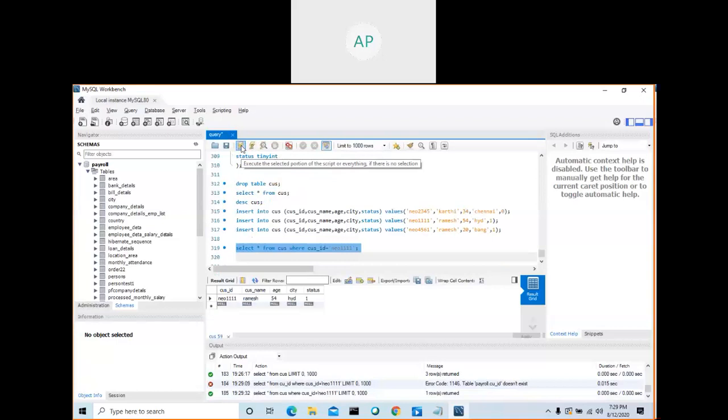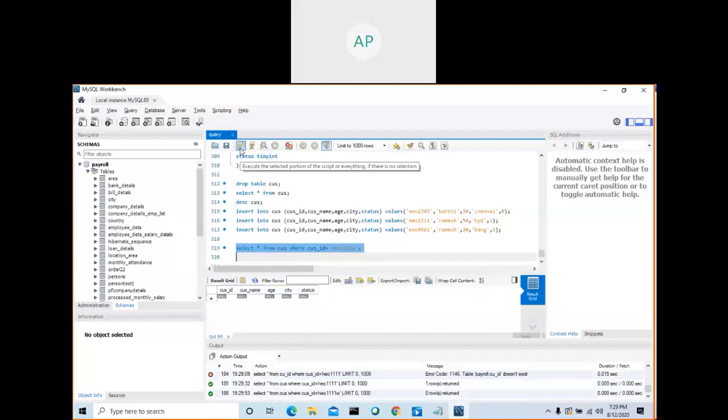Here it will retrieve only one record. At any point of time, according to your table, this column will not have duplicate values. So it is going to give you either one record or zero records. If you enter a wrong customer ID, then it will not display any row. That's it: either 0 or 1 according to your table. If you use cust ID in your where condition, it sends you only one row or zero rows.